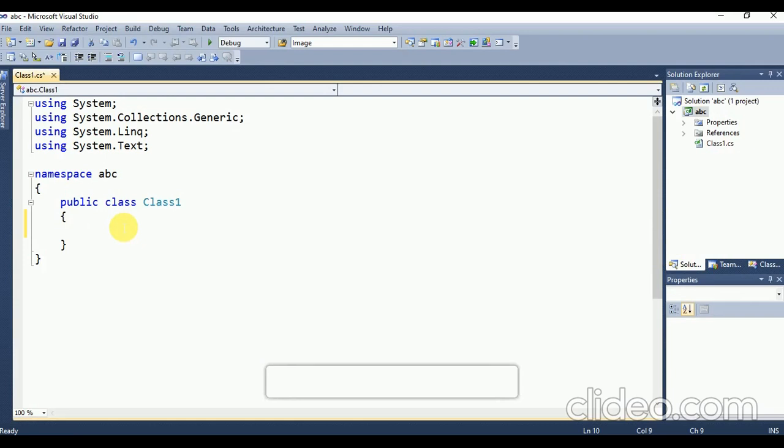Namespaces in C# are used to organize too many classes so that it can be easy to handle the applications. In a simple C# program, we use System.Console, where System is a namespace and Console is the class. The syntax of namespace is namespace space namespace name. Classes are declared by using the class keyword followed by a unique identifier as shown.